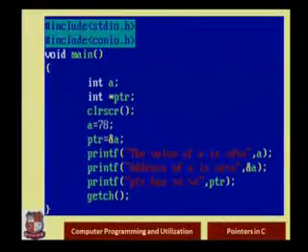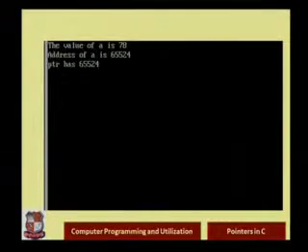So at this line, what will happen? The memory address will be displayed. Now in the next line I have shown "PTR is equal to %u". PTR has the address, so PTR also will show the memory address of A. Let us see what happens after execution.